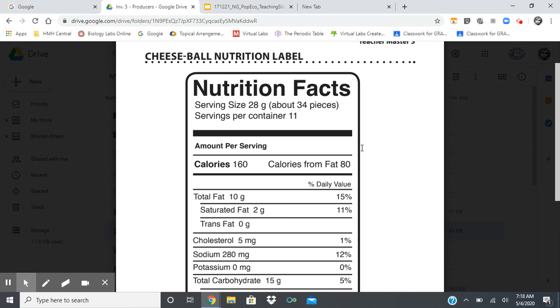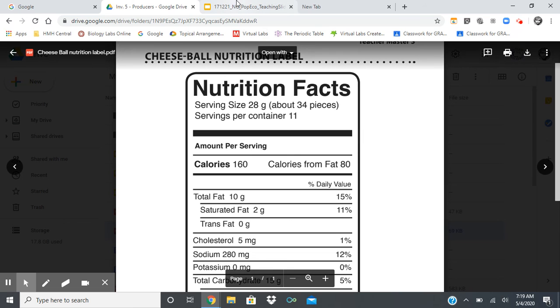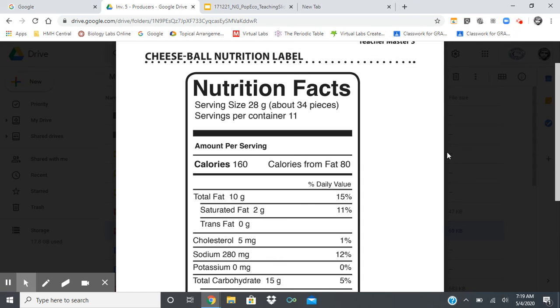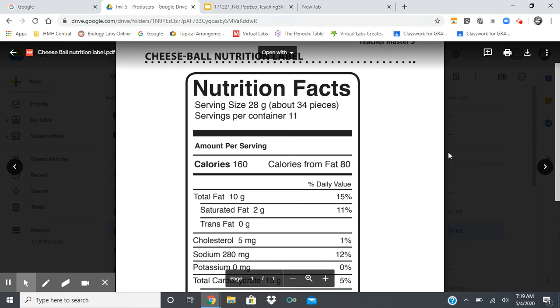Which is also kind of strange. Is that a lot? Is that a little bit? It's kind of strange when we think of it that way, that a cheese ball, you think, is light and fluffy. Could you live off of just eating cheese balls? It gets kind of crazy if you start to think about how many cheese balls you would have to actually eat,